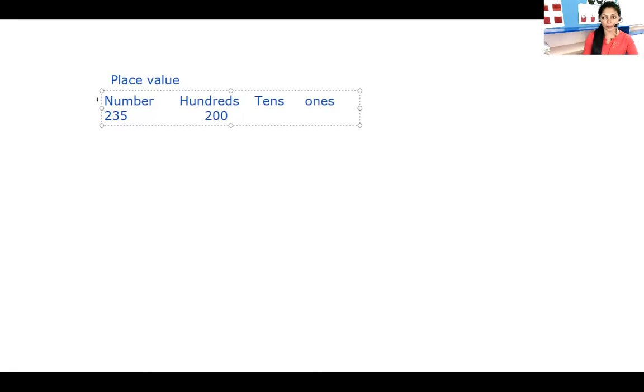In the same way, next number is 3. 3 is in which place? Tens place. 3 in tens, that is 30. So I'm going to write it as 30, and in ones place the number is 5. So that remains as it is. So it is number 5. Is it clear? So coming to the next number,